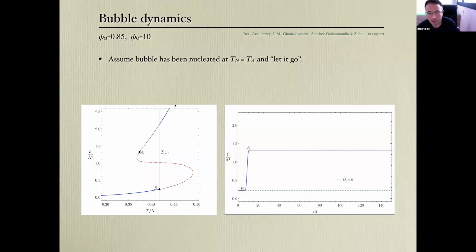What I want to do is to prepare a state. So imagine that the universe is cooling down on the stable branch and you enter the metastable branch. And eventually at some temperature, which corresponds to this point A, which could be here, here, anywhere, you nucleate a bubble of the preferred phase, which could have the same temperature. Okay, that's what's usually considered.